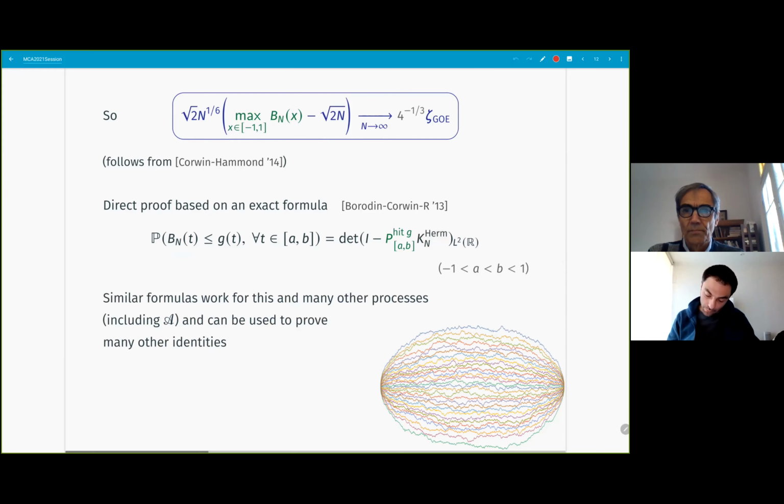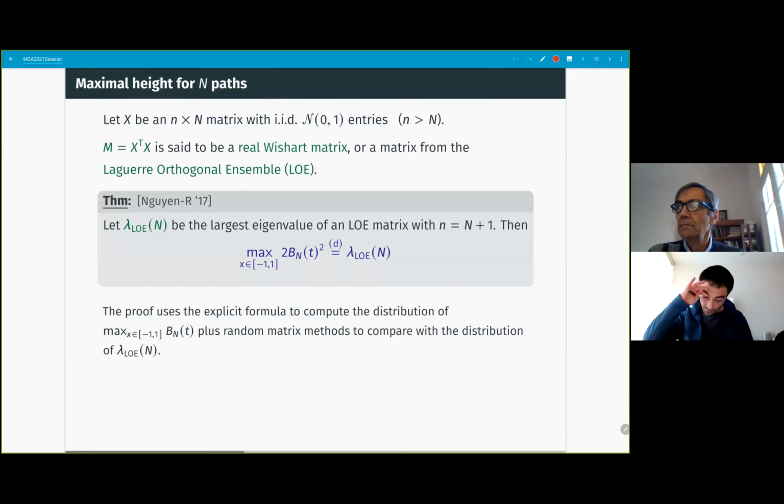So what I was saying in the next piece of this slide is that this formula actually works in much more generality for many other processes, and it can be used to prove several other identities in the same way, by getting formulas like this and computing these exact hitting probabilities, putting them inside the determinant and trying to compare what you get. So that's what I want to tell you about, the same thing in other cases. I'm going to show you a couple of different results making connections for versions of the same problem.